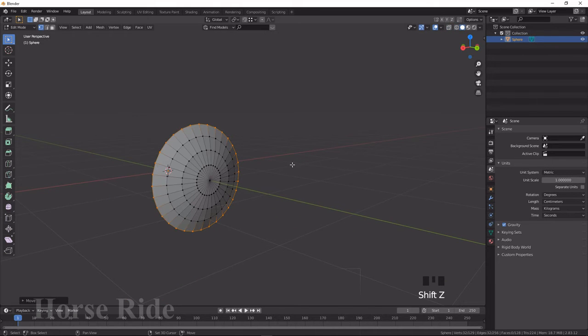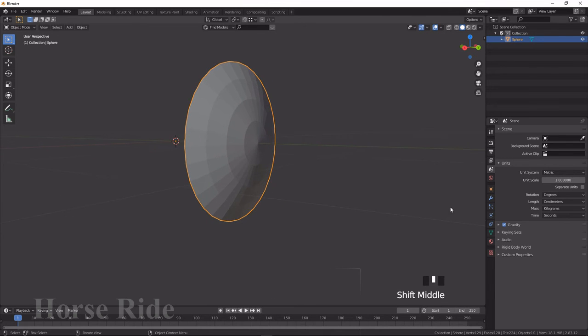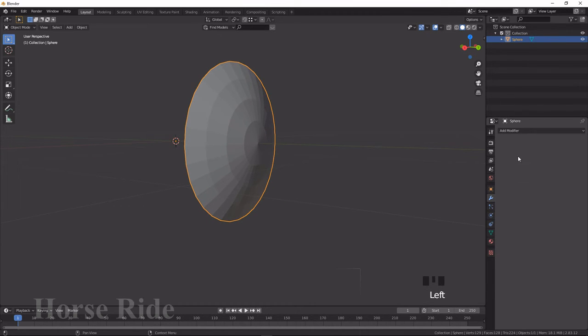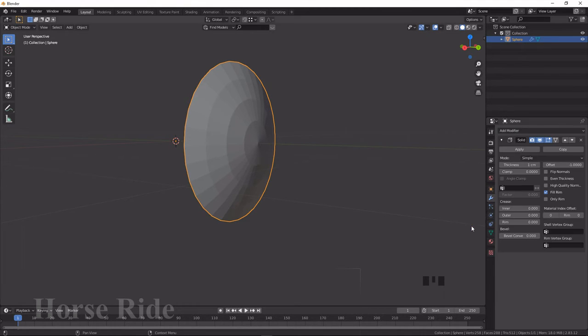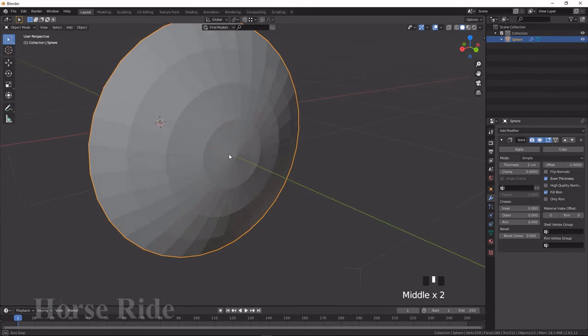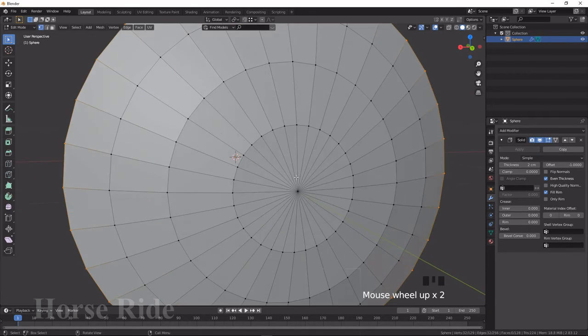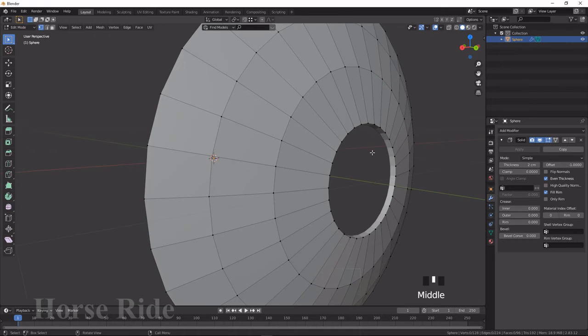Okay, I press Shift Z to go to solid view. Yeah, looks better, fine. Go to the tool symbol, go to Add Modifier, add a Solidify, and I keep it as even thickness, and the thickness I'm going to give as 2. So now it has 2 thickness, that's okay. Go to Tab and press 1 on the keyboard, select these vertices, press X to delete the vertices.